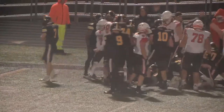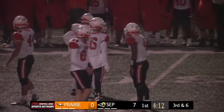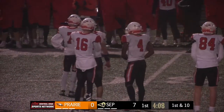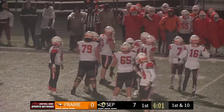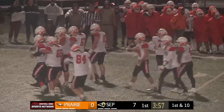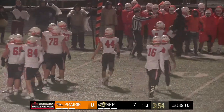I mean, Prairie, it's not illegal. You can push, you can pull. Take advantage of it. Seen so much more of that now since they changed the rule. At every level, it seems like. And that Prairie sideline, I mean, not a lot. You got a lot of traffic cones sitting over there with their orange coats on, but they're trying to pump their team up. 1st and 10 at the 24, and now